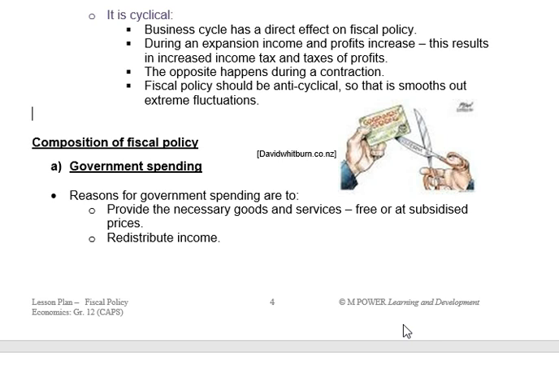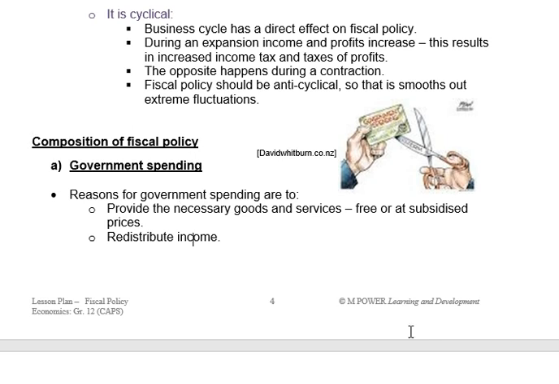All right. Second reason for government spending is that they want to redistribute income. How they spend their money will have a distribution effect. Basically, we have a progressive tax system, where wealthier people in higher income groups pay higher percentages of taxes, and the money that the government receives, they use to provide goods and services to low income groups more so than the high income groups. They use that money to pay out social grants. Paying out social grants literally means we're taking the taxes from the rich and giving a cash benefit to a poor person. There's no clearer example of redistribution of income.